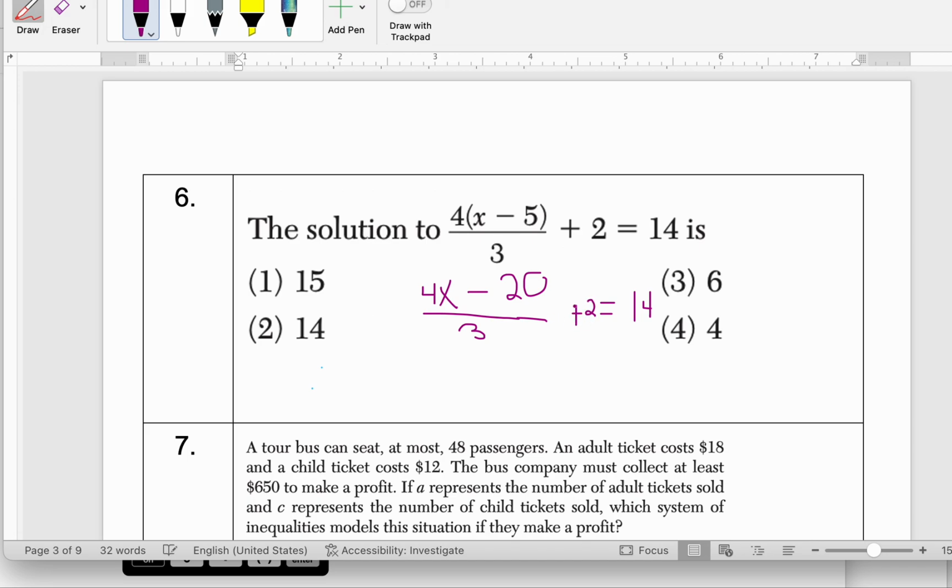So that's the first thing I want to get rid of. It's like the layers. This is the top layer. It's not as strong, so it's easy to get rid of. We're just going to move it by minusing 2 on both sides. If it was part of the fraction, we would have a different story. But in this case, it's not part of the fraction. Minus 2. So we have now 4x